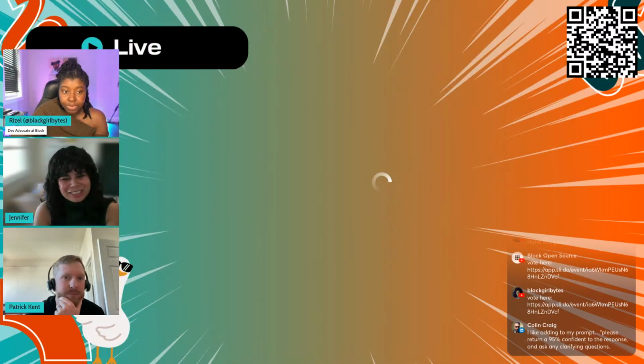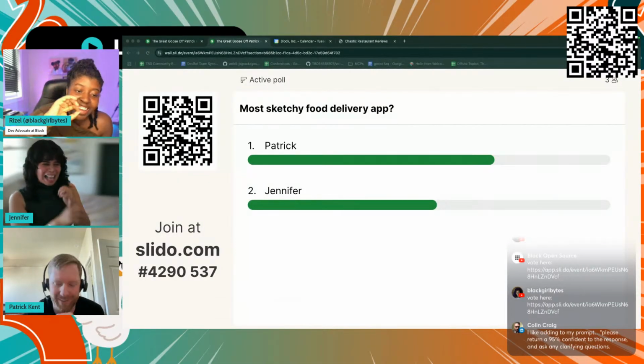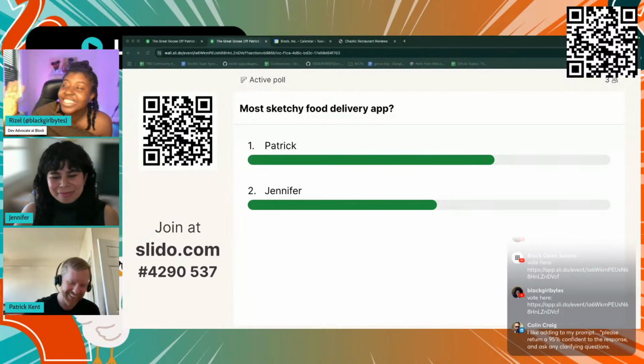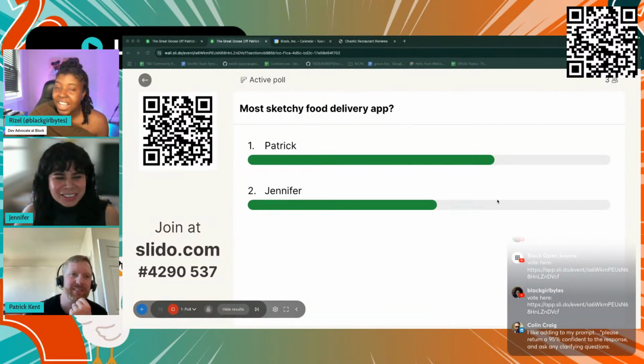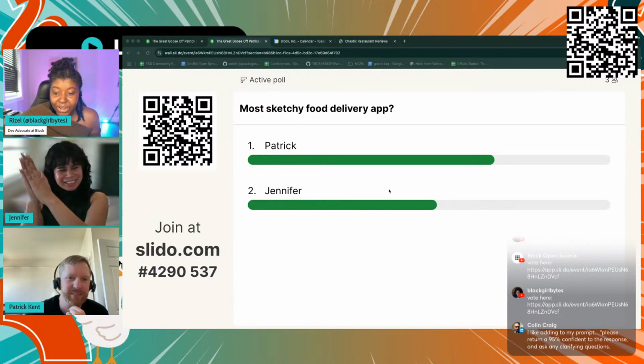All right, so we have the winners here. I seen it move. Ooh, now you guys know I need to change my fire alarm. I seen it move back and forth. First Jennifer was winning, and then now ultimately I guess Patrick won. But I think this was a great job, y'all.